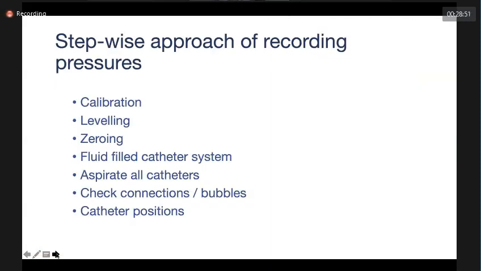So what you need to do in the cath lab? This is the stepwise approach of recording the pressures. First thing is calibration, leveling, zeroing, fluid filled catheter system, aspirate all catheters, check connectors and bubbles, and